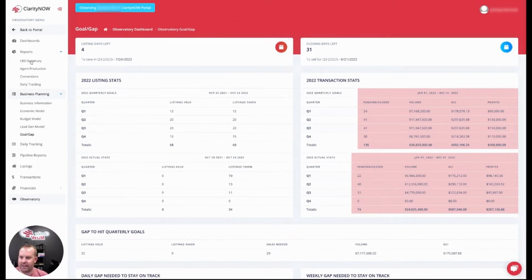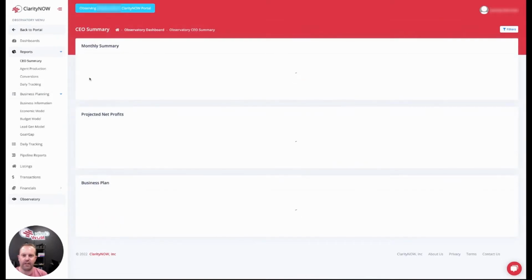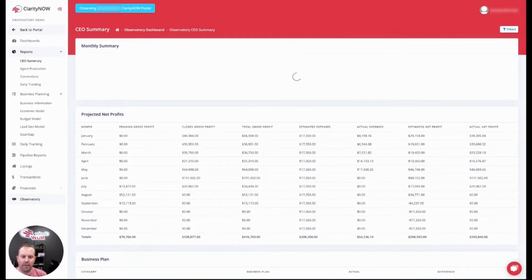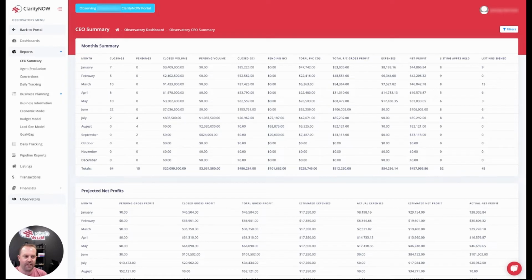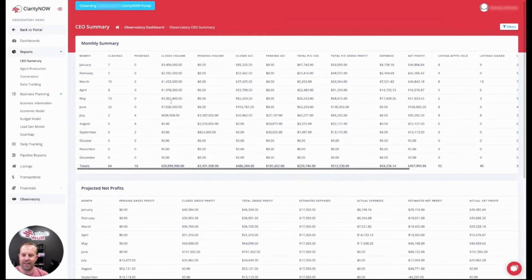Next, I want to look at the CEO summary reports. I always go right to the reports. The path is into math. Numbers is the language of business. That's what I meant to say. So quickly, they had 22 closings for $7 million in June. So their Q2 was really one phenomenal month, is how they got to 40.